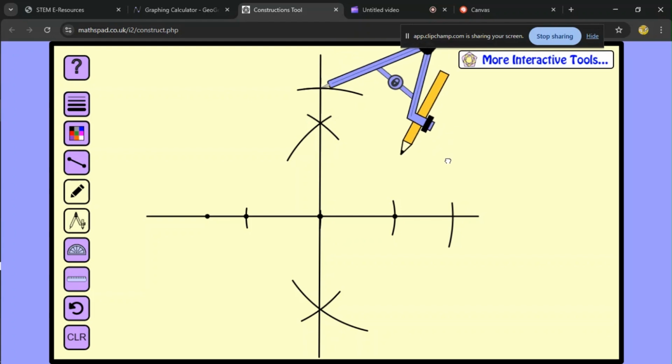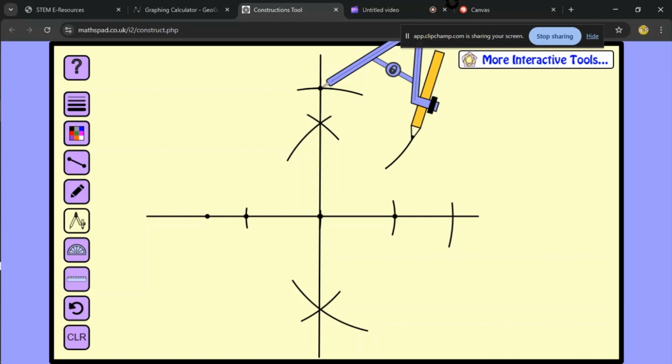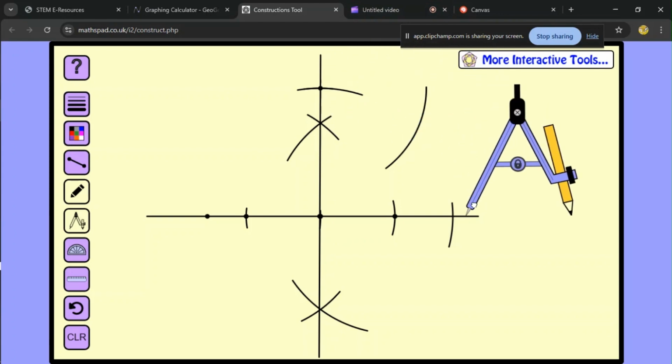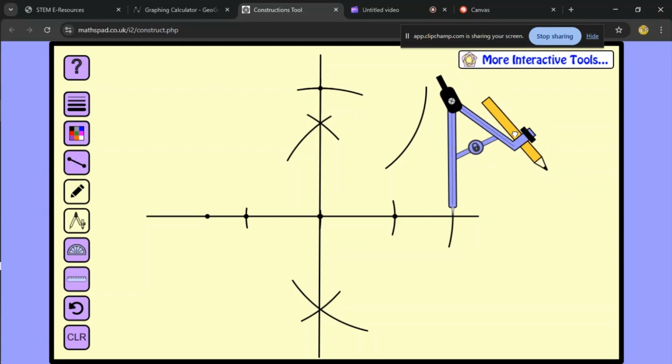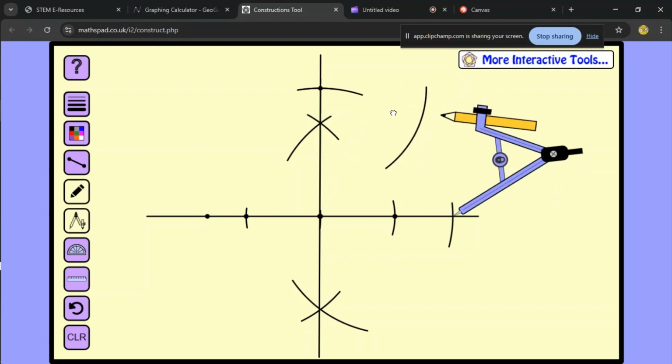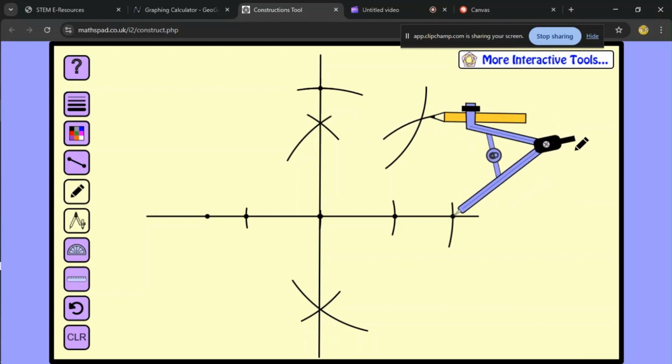I want to put an arc here. So I put an arc on that side. I put an arc on that side. And I bring the tip end again on this side, and I put an arc on the other side. So I put an arc on that side. Good. So I've used this one to put this arc, and I've used this sharp point to put the other